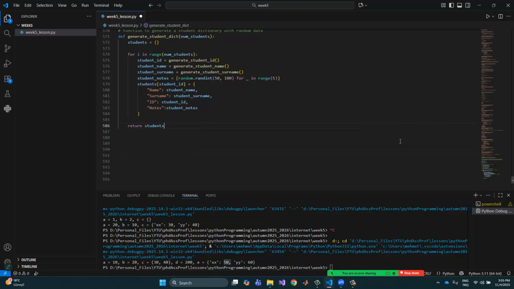So this generates the students, but if you have any Excel file with student names, surnames, and notes, you can use it. Okay, and so